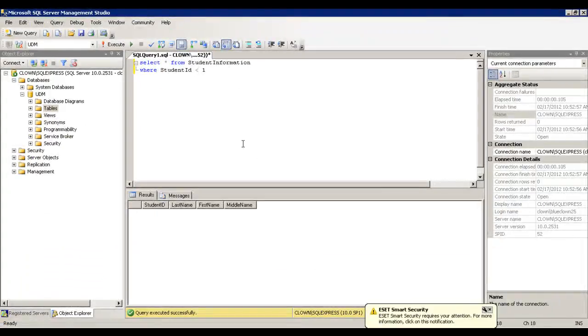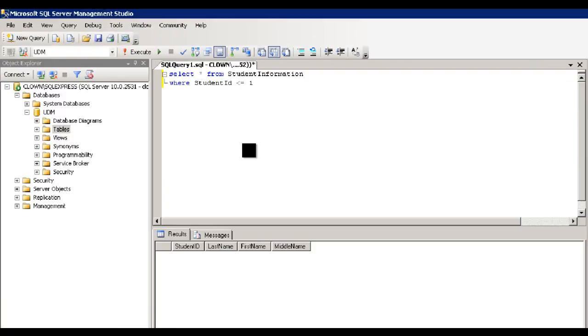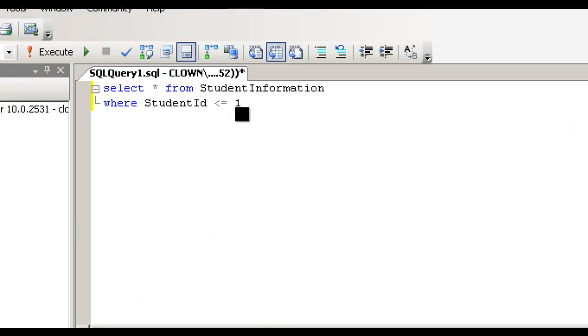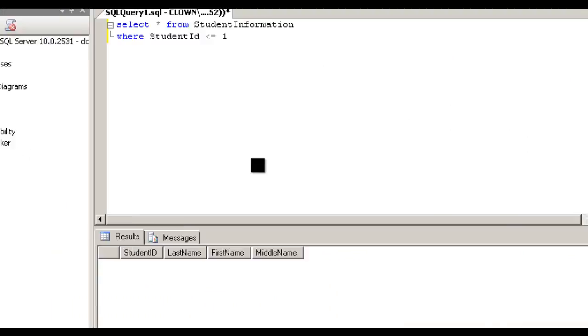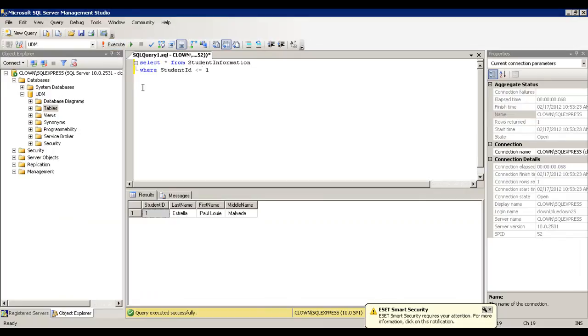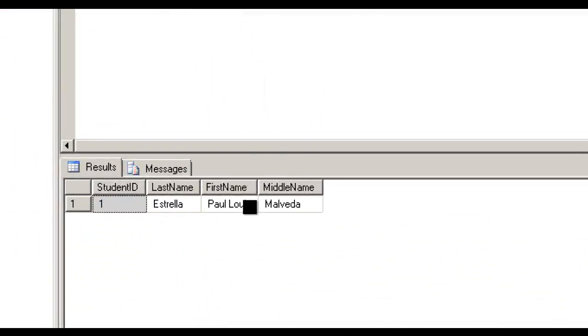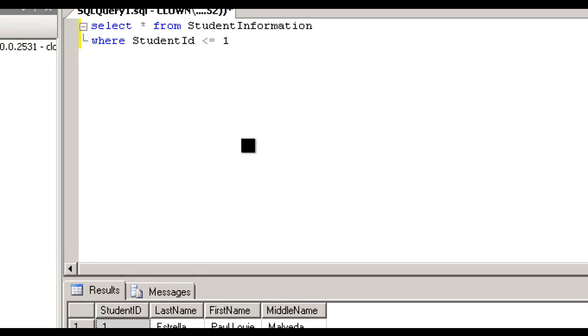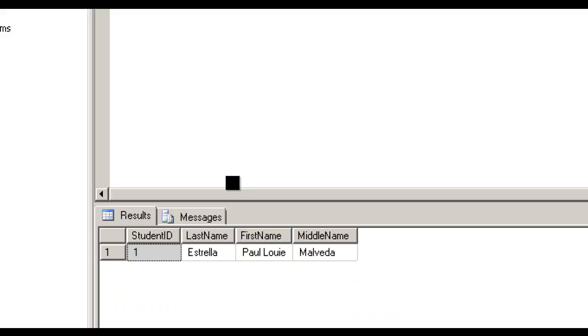So let's add the equal sign here, where student ID is less than or equal to 1, then press the execute button. The result is student ID 1, because 1 is equal to 1, that's why the row shows student ID number 1.